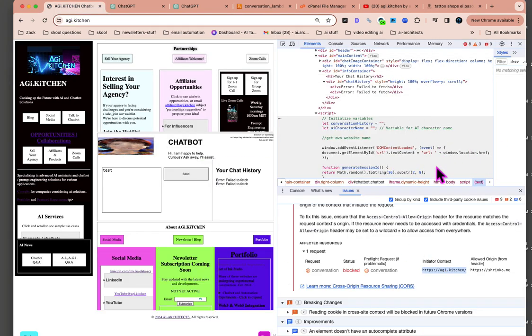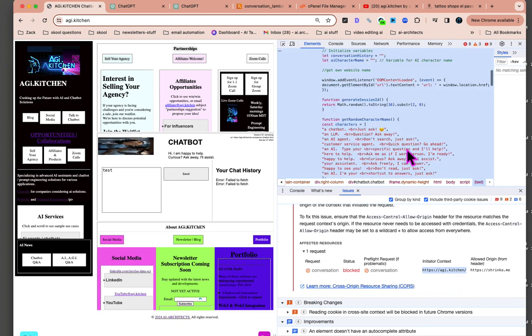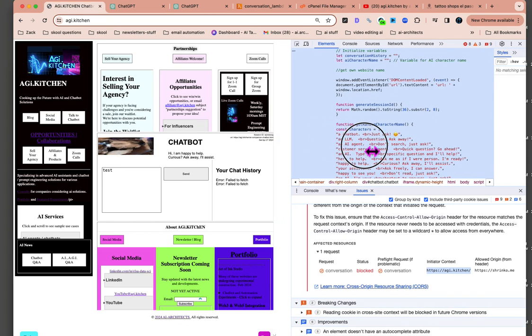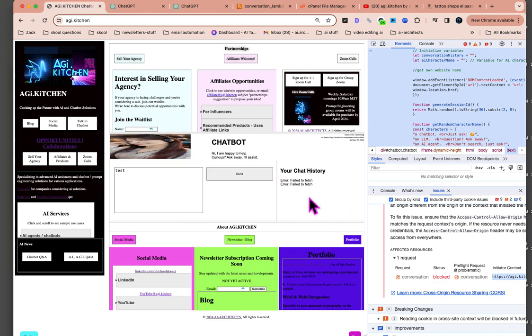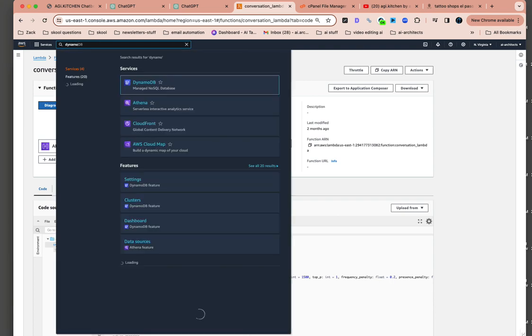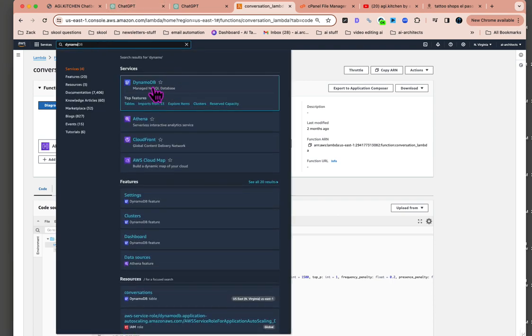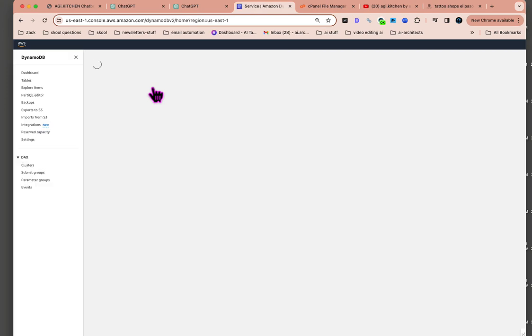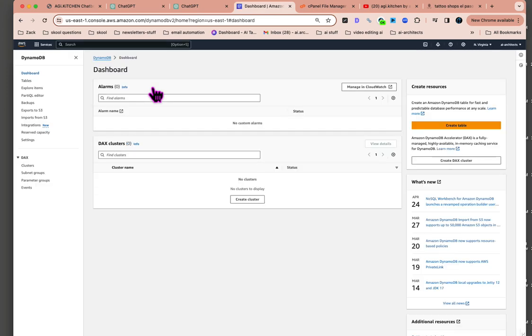And I think I did explain the only issue here was that I was making the call to the wrong website, so my CORS was blocked. And I can try to fix that later. I'm not sure that it's worth the effort for me to pay for it for people to use the chatbot. I might, I don't know. It was working before. In fact, let me show you the Dynamo queries that it was capturing so that you can see the full scope of what it looks like when you're actually interacting with the API